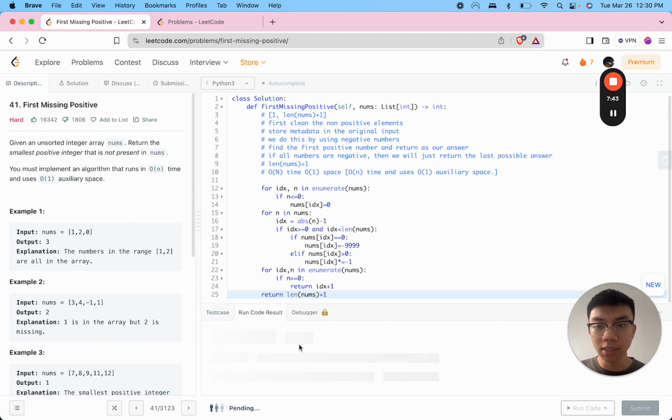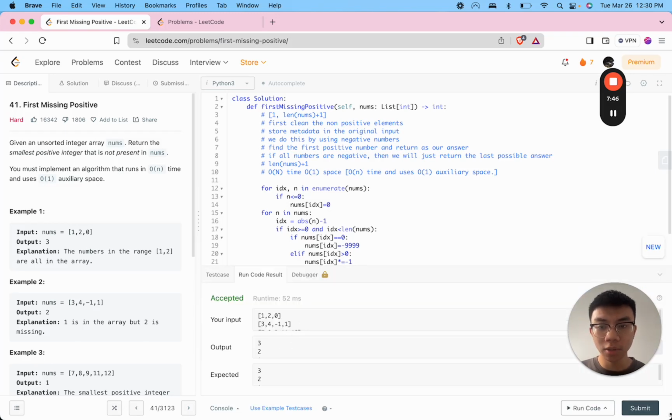And I got the example test cases here. We will run that, and it works. I submit,